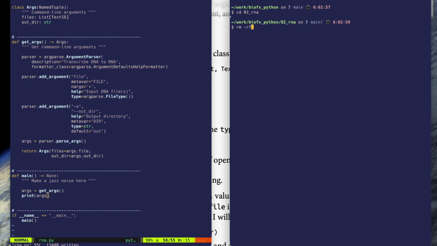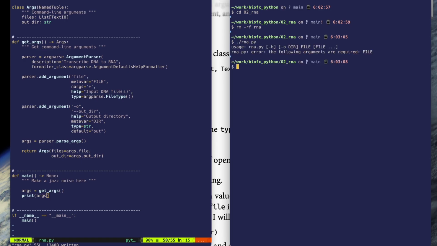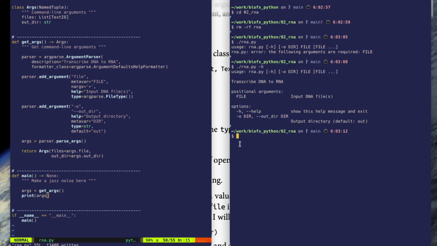There is a directory called RNA here. I want to get rid of that for a moment so that I can just run RNA. If I run it, I'm seeing a pretty good help message. Let me run it with -h. That looks great. Let's run it with an input file, tests input,